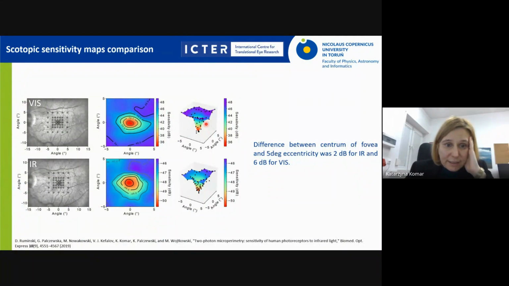So it means that there is a difference between the central part of the fovea when you've got only cones and the other part of the fovea when rods are present. And the difference for the visible stimuli between these two parts was 6 dBs. However, for the 2-photon stimuli it was only 2 dBs. So this is another observation